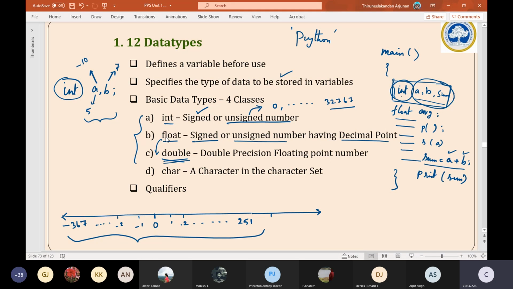Now come to this point, character. Here there is no version of signed, unsigned and all, because we are not storing any negative alphabet or positive alphabet, there is no such question at all. Only positive characters will be stored. So that is character. This much. Please look at this slide, students. I have scribbled here and there. Please look at it, recollect all the points from the beginning.